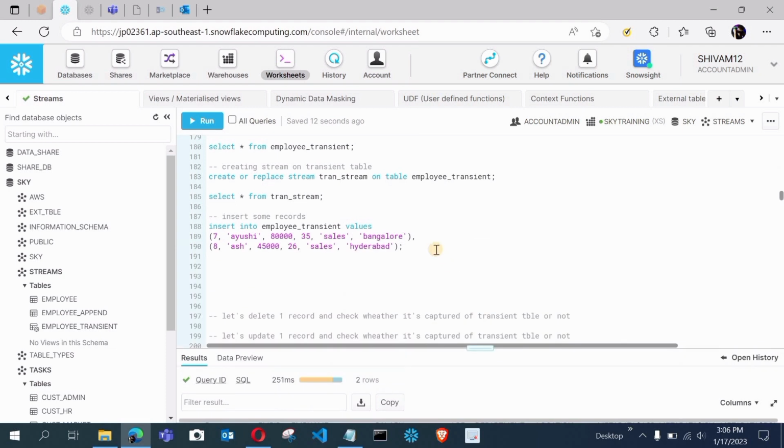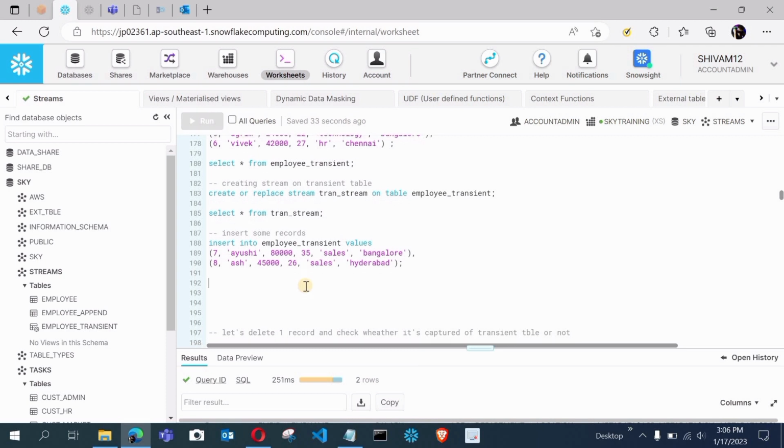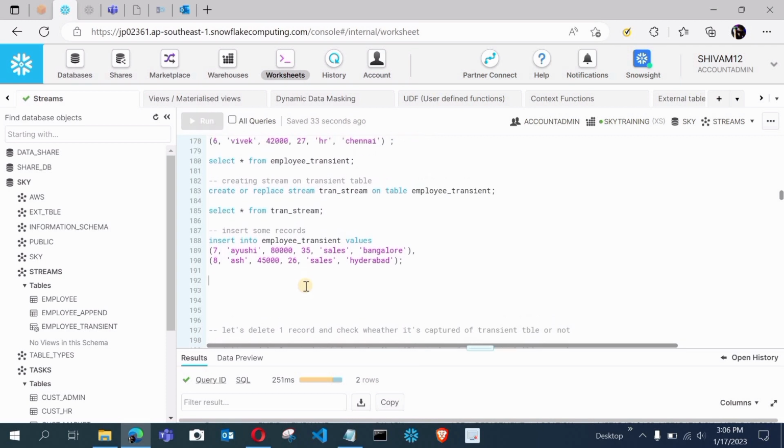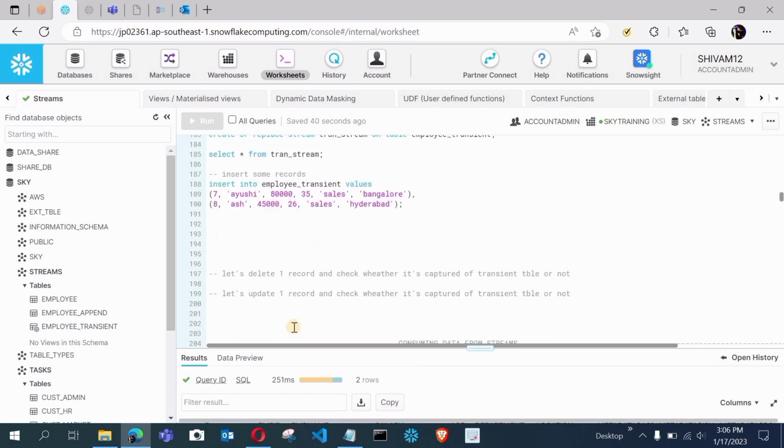It means that whether you create the stream on the transient table or the permanent table, the working will be the same and the columns will be the same, and it will capture the changes done in the table. Here we have inserted some records and they were captured. In the same way, you can update or delete some records, and that will also be captured by the stream on the transient table.